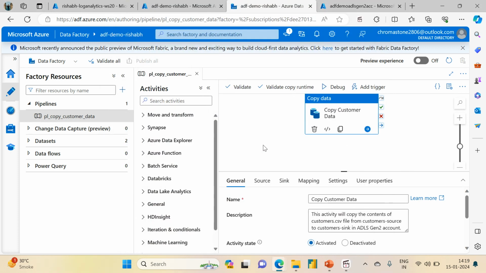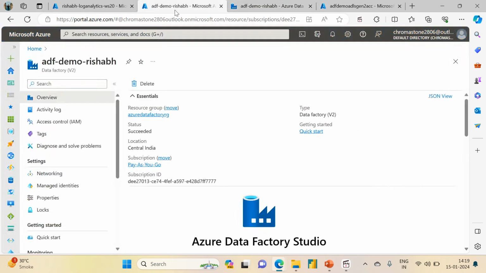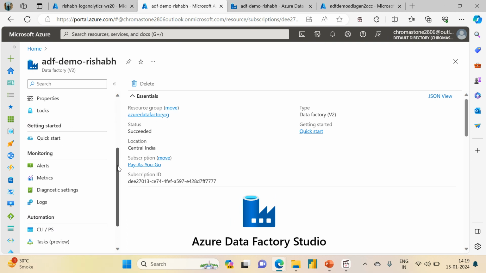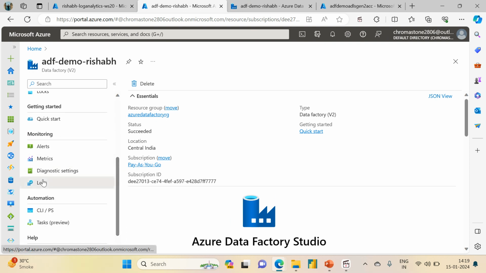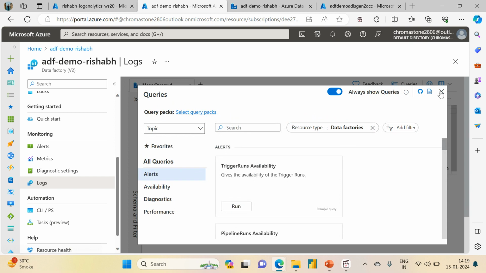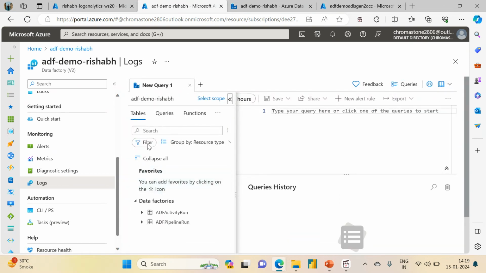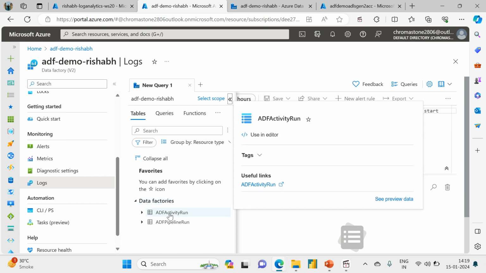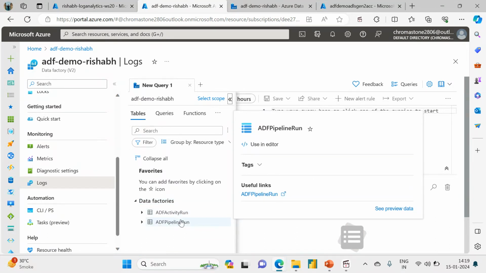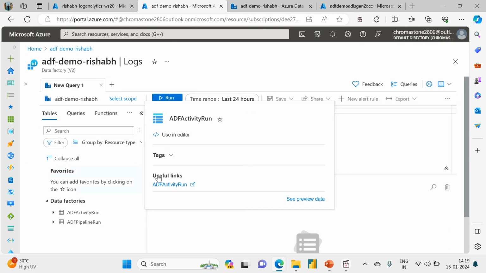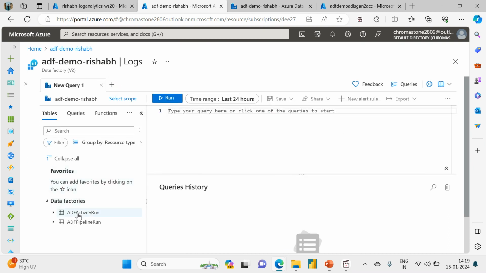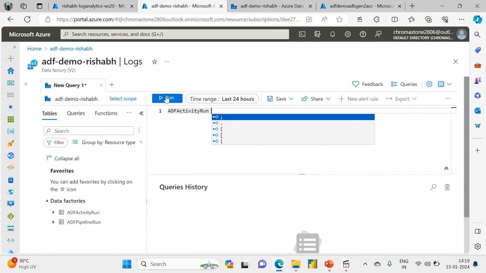After 10-15 minutes, we are back, and let me go to the logs. After setting the diagnostics, we have to click on Logs, remove this and expand this. Earlier we were not having any categories. Right now we have one category, Data Factories, and under this we have two tables, ADF activity run and ADF pipeline run. Now we simply double click on ADF activity run,